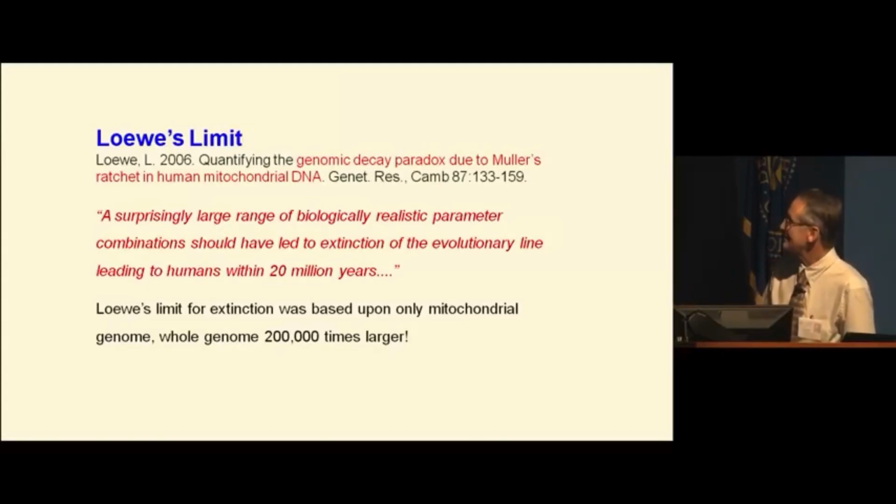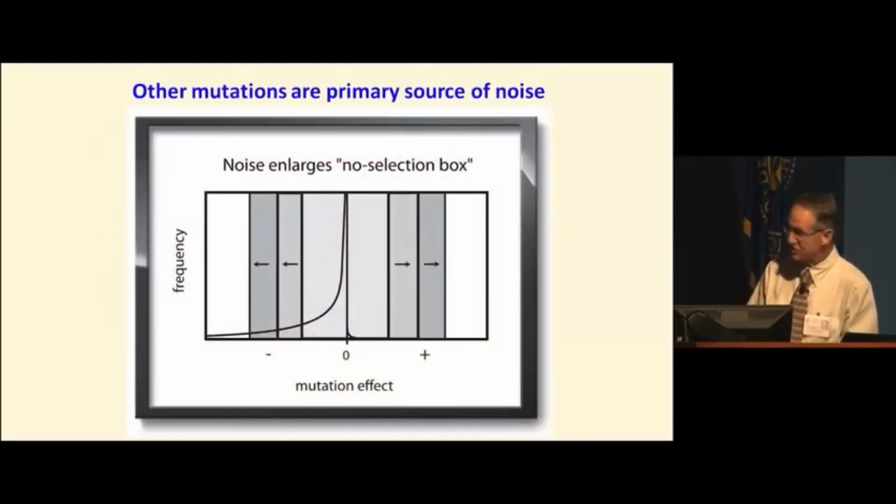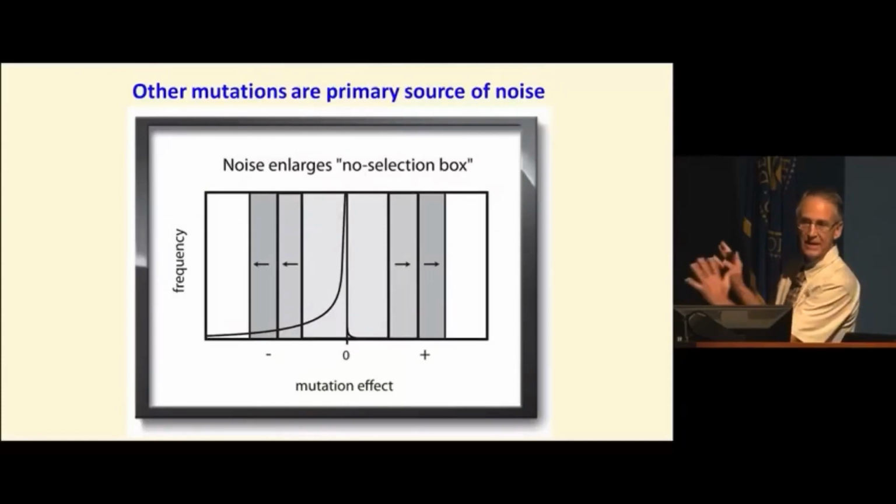But the problem is he's only looking at a tiny, tiny fraction of the genome. So if you consider all the linkage blocks in the genome, not just this one, the problem becomes very significant even in the near term. The bottom line of this issue is that the near neutral box gets bigger, meaning the part of the genome that's unselectable gets broader